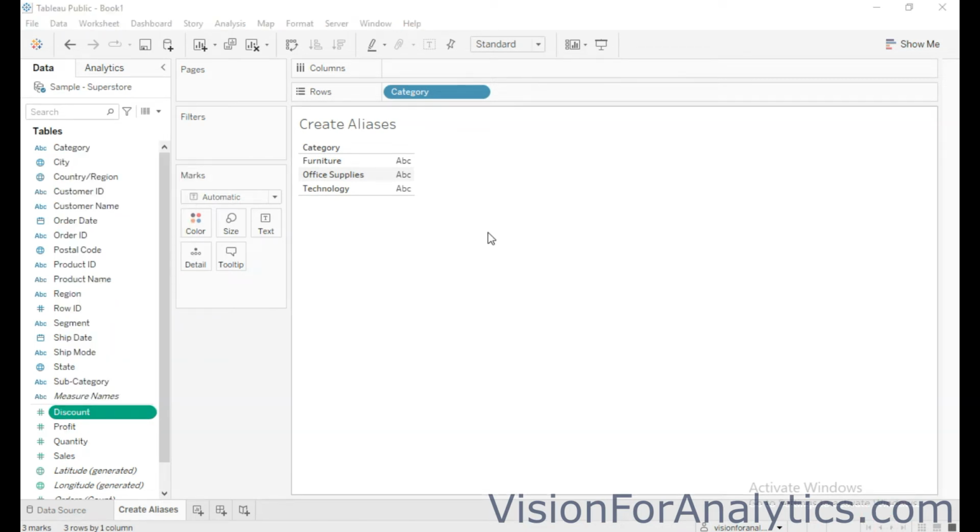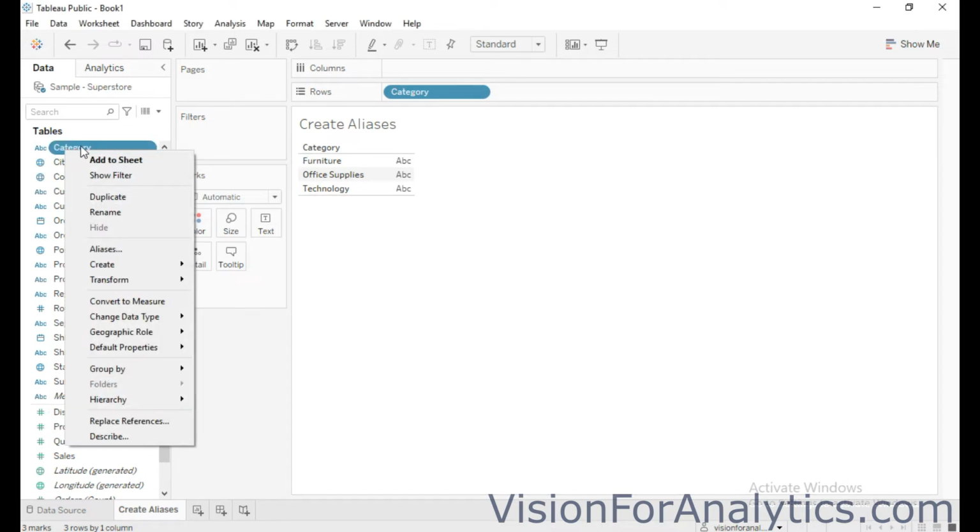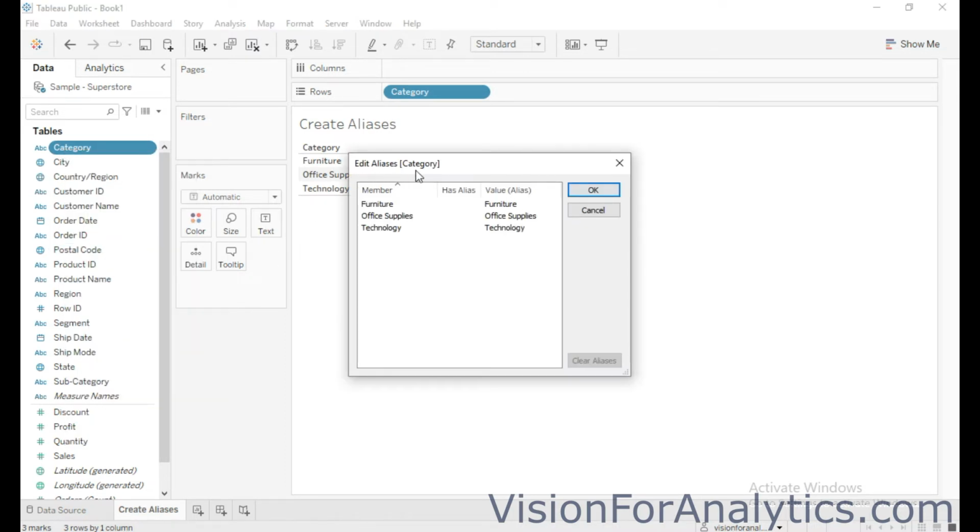So let me create aliases for members in the category dimension. Category is a discrete dimension. So right click on this dimension category and click on aliases. The edit aliases dialog box will open. Under value aliases, click on the member and enter the alternate name or alias name for the member furniture. So I'm going to name it as